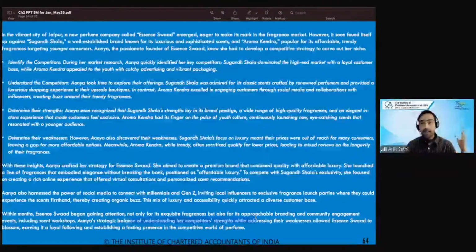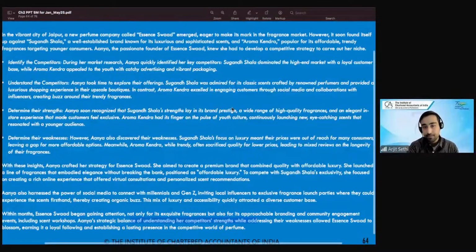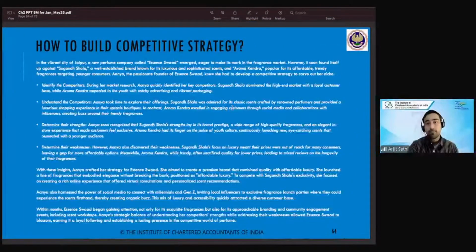These are not jackets that you would get in street shops or from vendors on the roads, right? You would not get those jackets there for 1,000, 1,500. These are 4,000, 5,000 rupee jackets. Not a luxury, not too cheap, good quality, a little pricey, for the consumer who wants an experience and is ready to pay some amount of money. That's the gap marketing strategy. That's what she has also done here. And that is how you build a competitive strategy, my friend. Okay, that's how you build a competitive strategy as well.